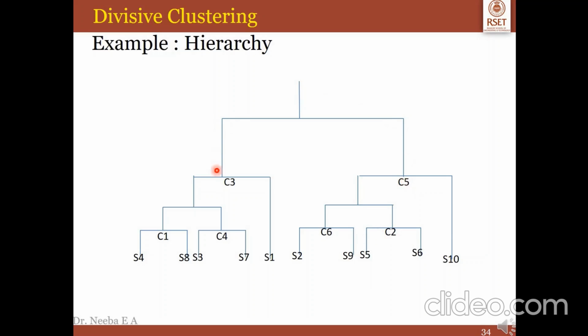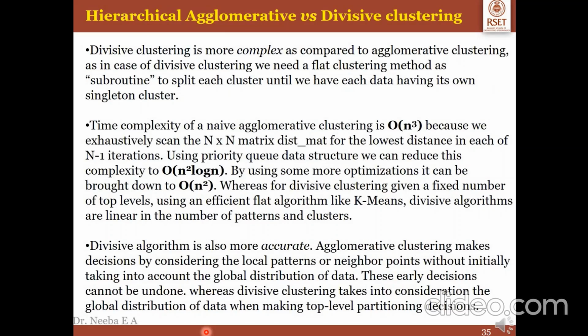Now we can consider this as C6, and C6 is the cluster which has all the objects, and that comes to the ending criteria. So we close this. This is how we'll do the divisive clustering algorithm and create a hierarchy structure. In this slide, I have written the differences of agglomerative and divisive clustering, a part of hierarchical clustering. Just go through the writings and understand what it is.